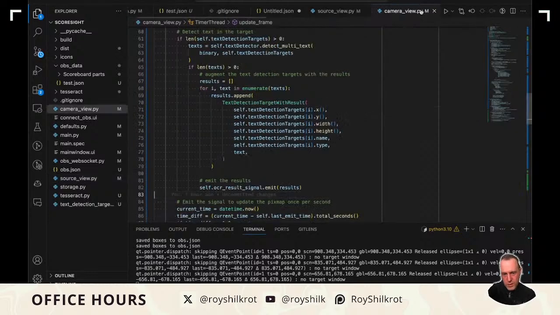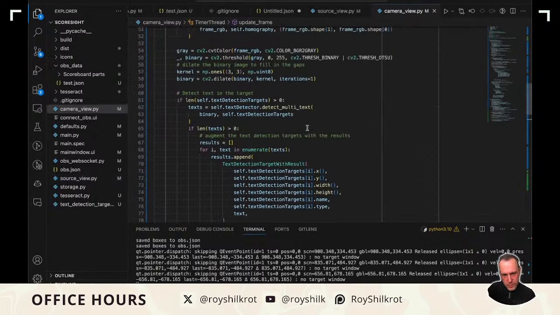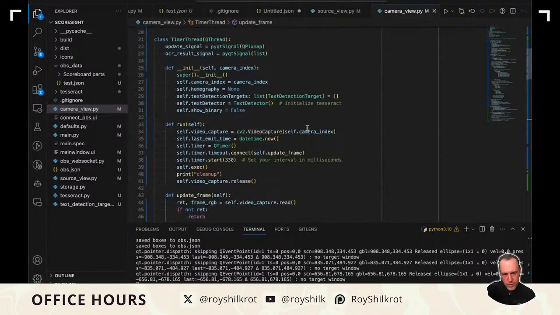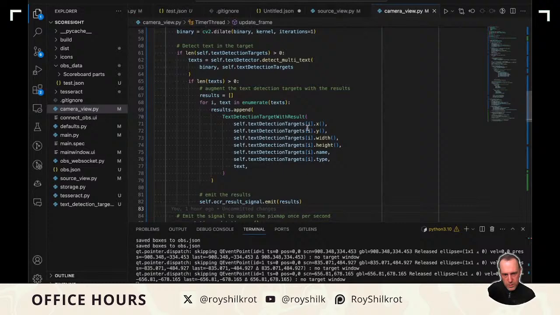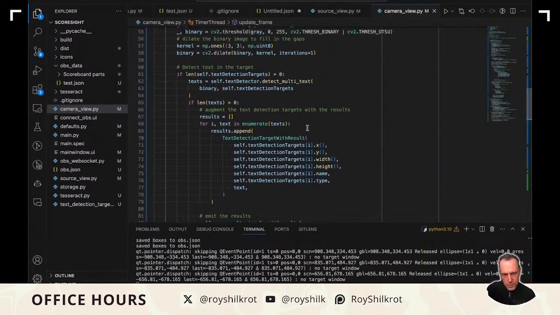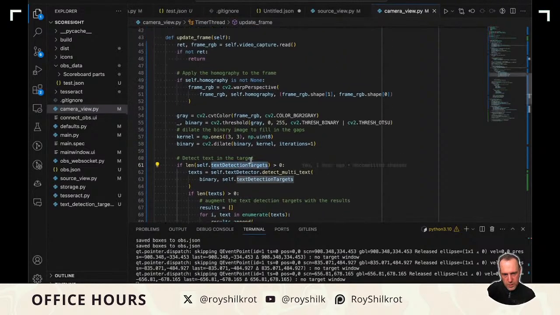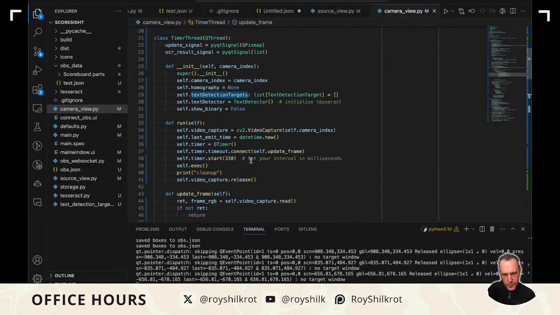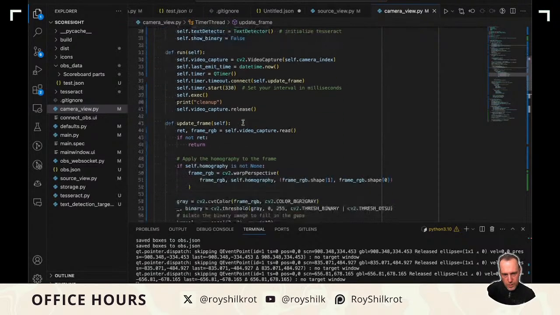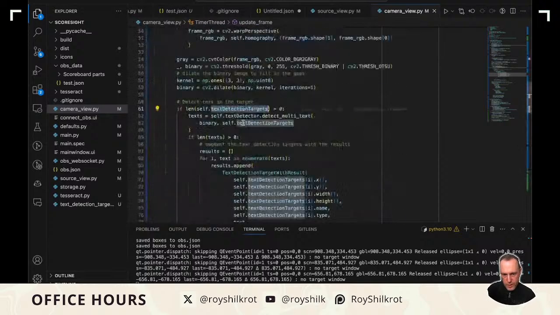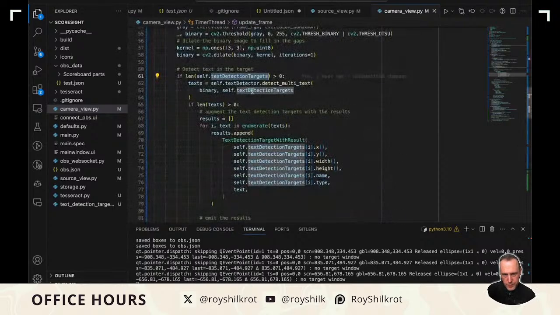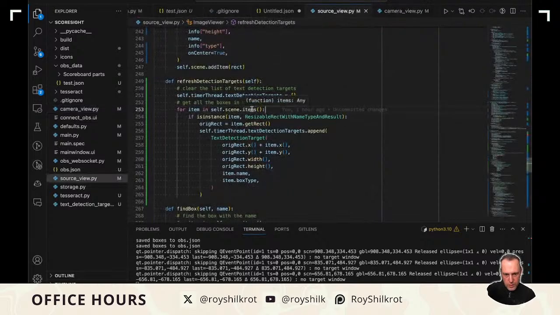Or, actually, this thing should just be aware of them. This one, running the actual text detection targets, you know? And blah blah blah, that's fine. This one is just, you know,